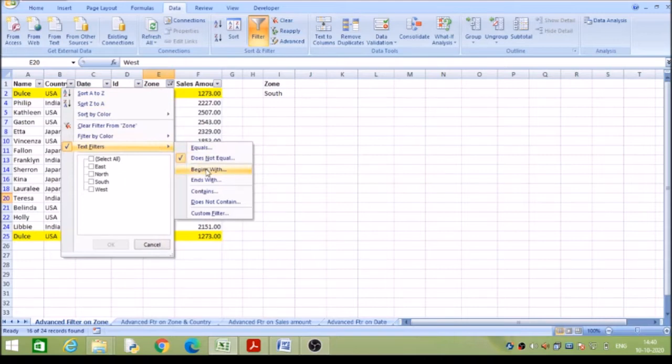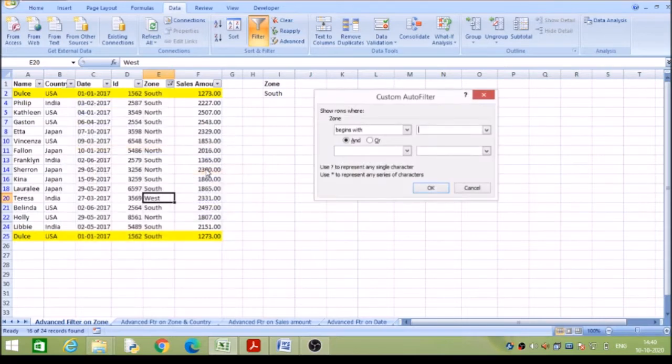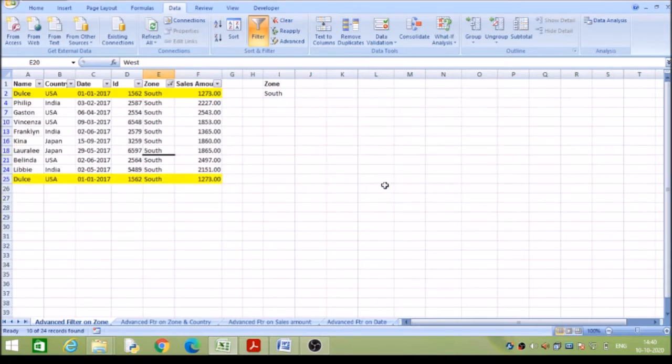Then I am moving to begins with. If I take SO, it will show all the records which begin with the letters SO.